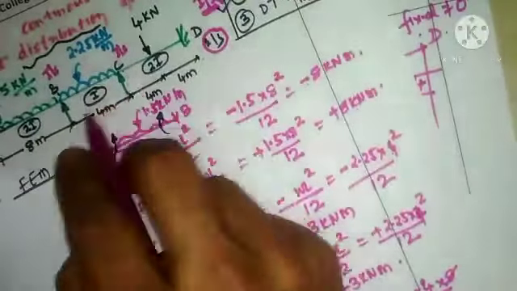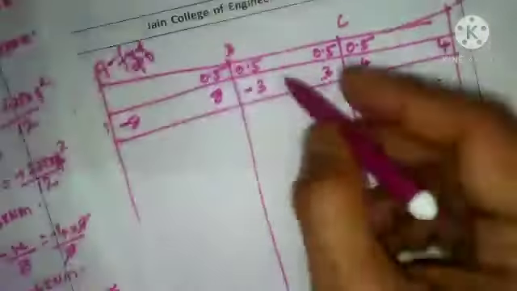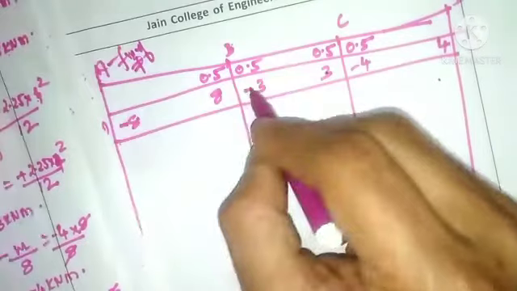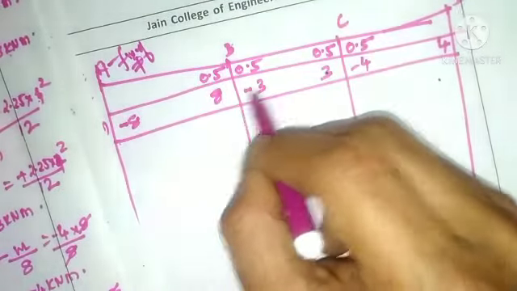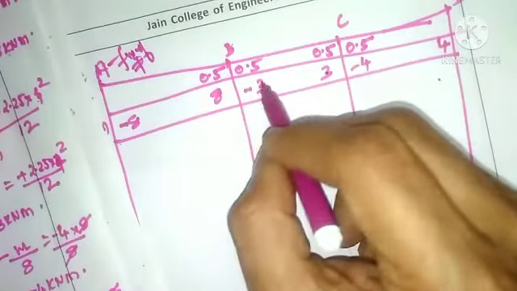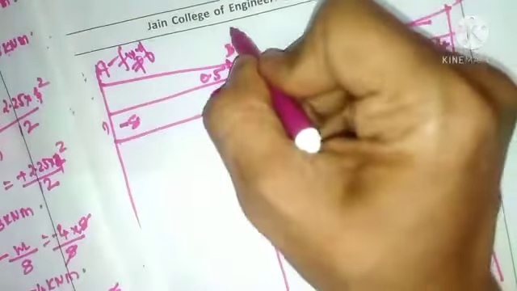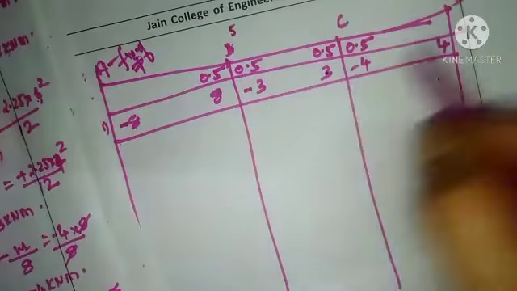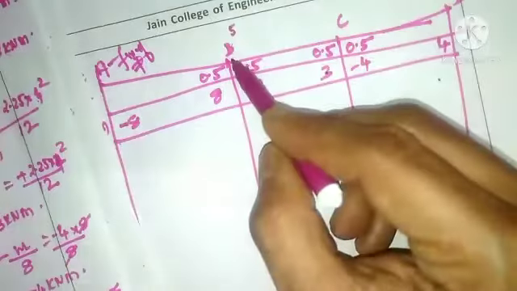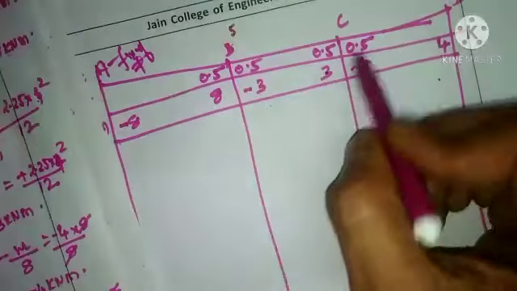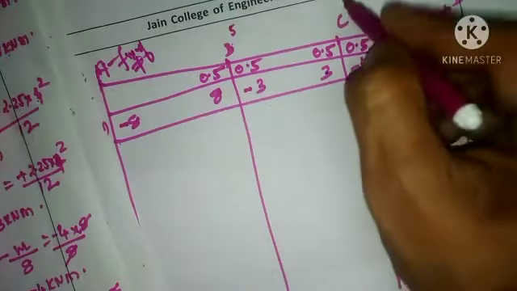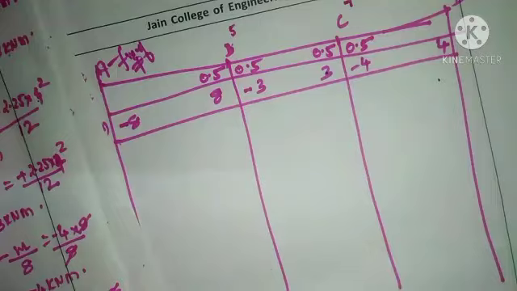Whereas B and C are basically simply supported, but you have assumed them to be fixed. So that's the reason why you have a value here. And the value of the moment at B is not 0, because 8 minus 3 comes as 5. Likewise, it is not 0 here, so we need to make it 0. Likewise, 3 minus 4 will be minus 1, so we need to make it 0 now.